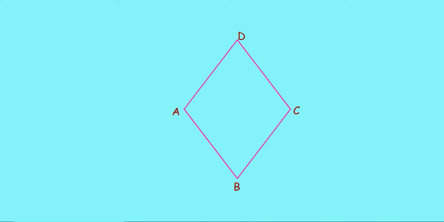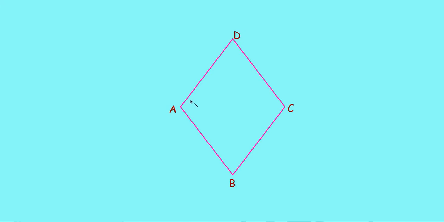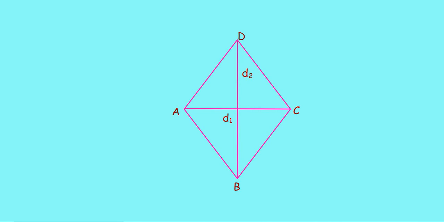Here you have a rhombus ABCD. Here AC and DB are the diagonals. Let the lengths of these diagonals be D1 and D2. Let both the diagonals intersect at K. Now area of rhombus ABCD is equal to area of triangle ABC plus area of triangle